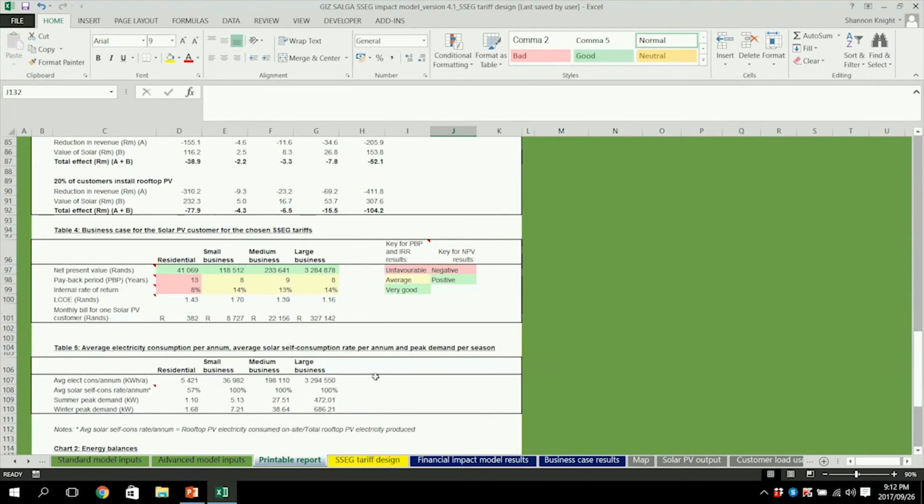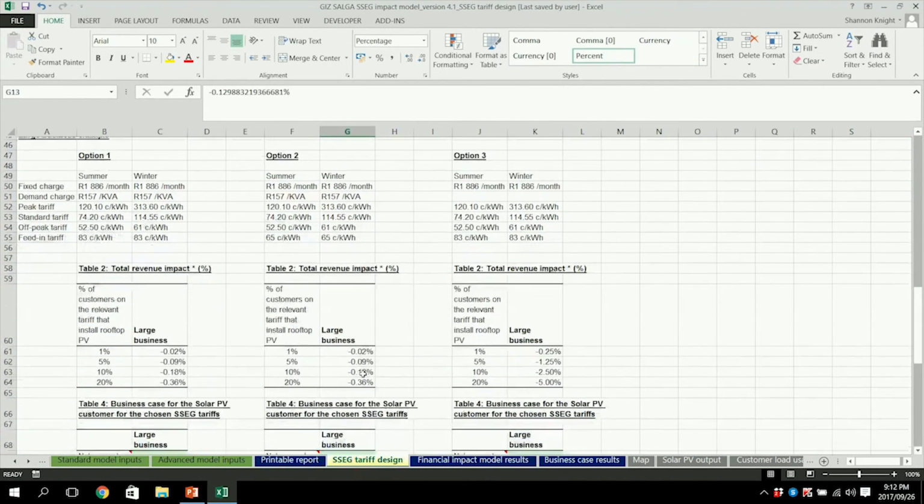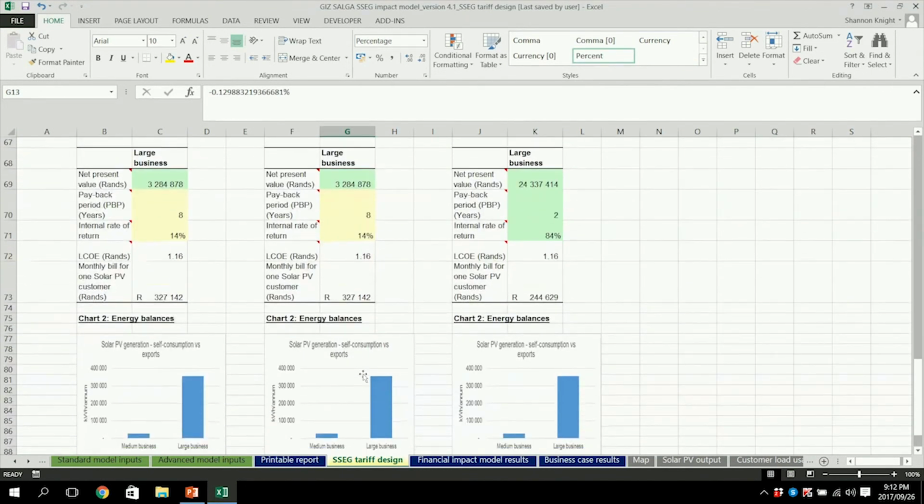Here they are duplicated in this extra sheet. You will notice that the results are the same as for option 1, as large customers consume all electricity produced on site